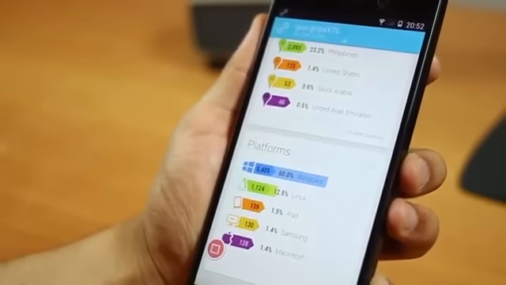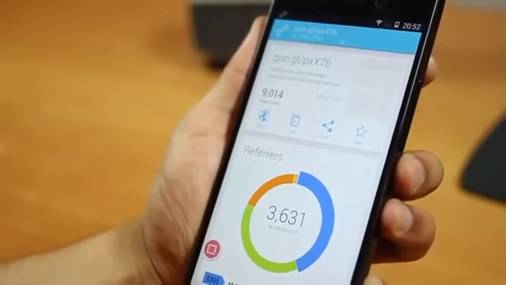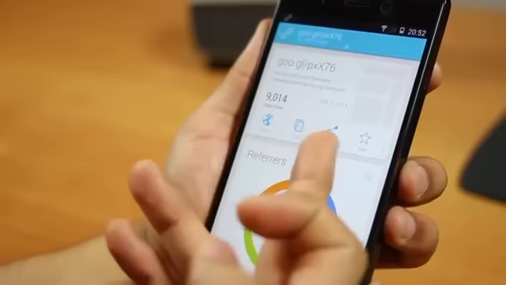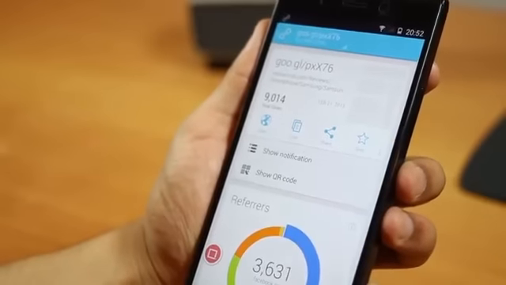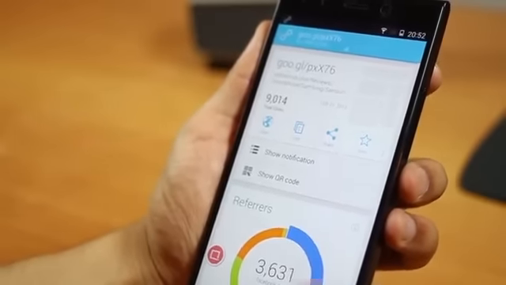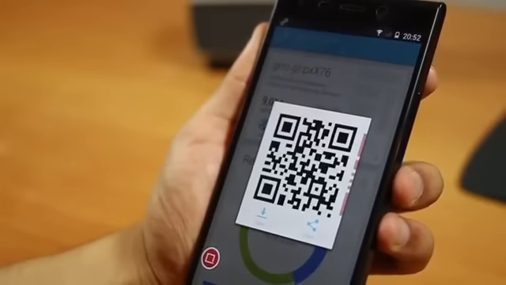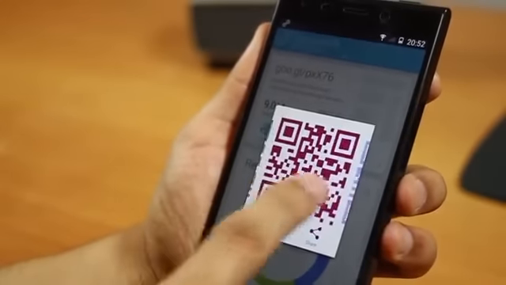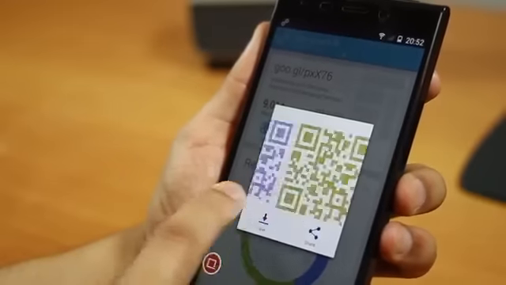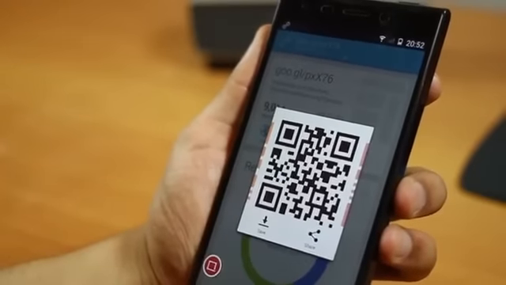Now, of course, all of this is not going to be useful for most of you, right? I mean, you'll be like, who cares? And of course, you can copy and share this link. You've got a bunch of options to do with this link. You can create a QR code, colored ones. So that's really nice. But again, what's the use, right?